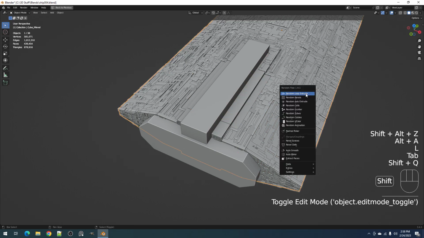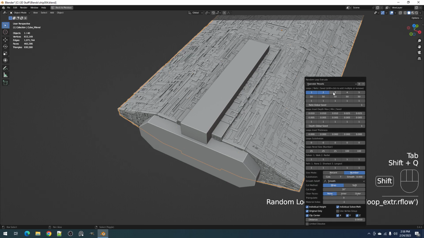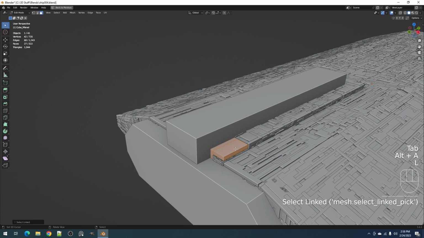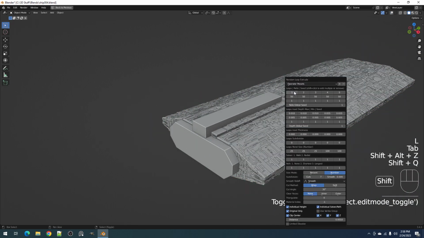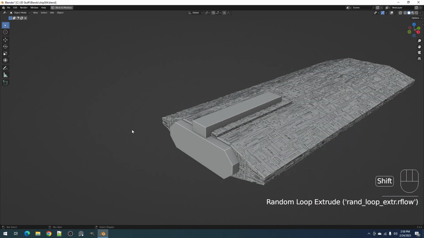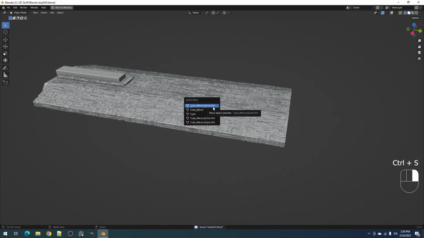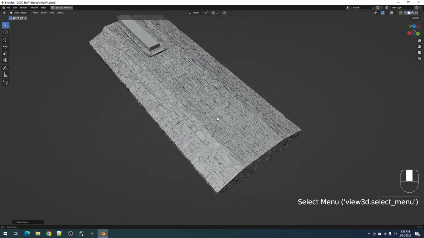L, and is this an island? Okay, save. Let's try and hide the panel,